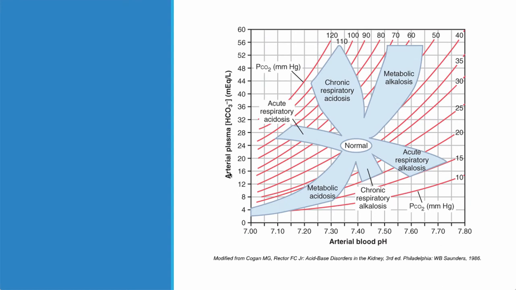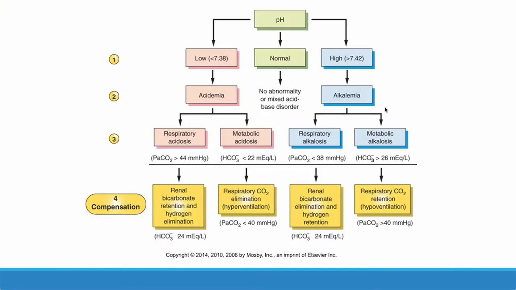So here we have on the y-axis arterial plasma concentration of bicarb ions. On the x-axis, we have the blood pH. And then on these red lines, we have the concentration of dissolved CO2, the PaCO2. And so if I have a PCO2 of 40 and I have a